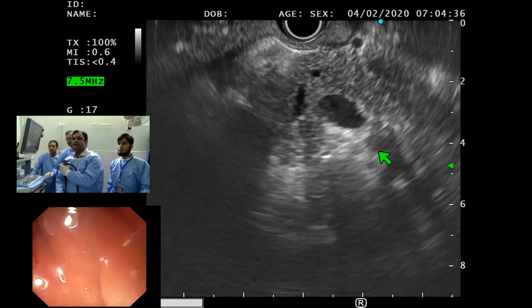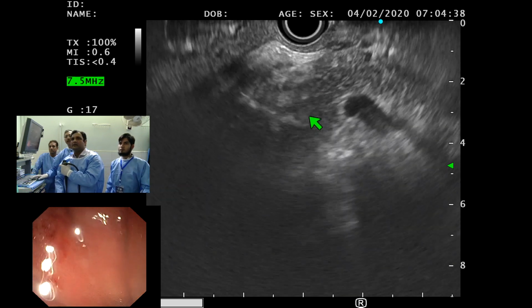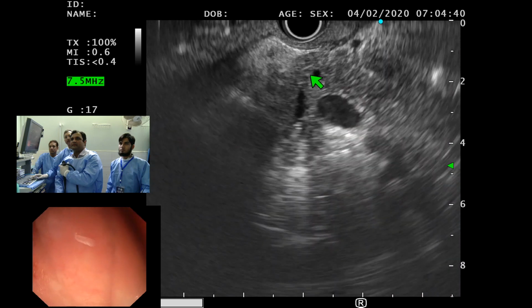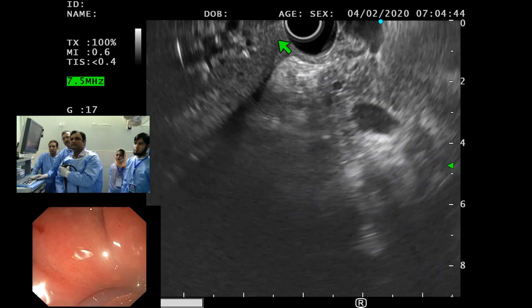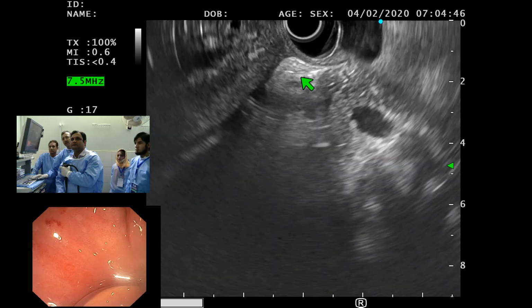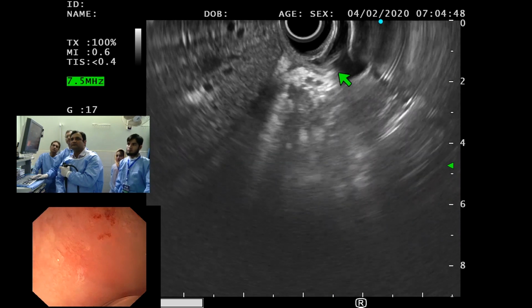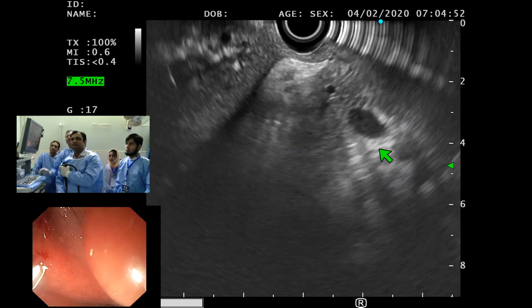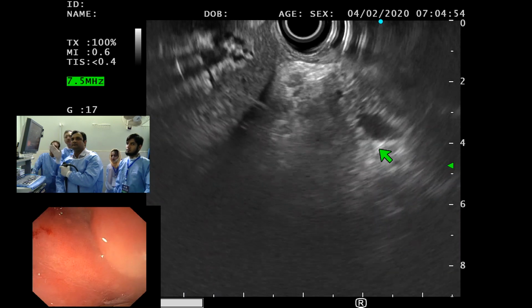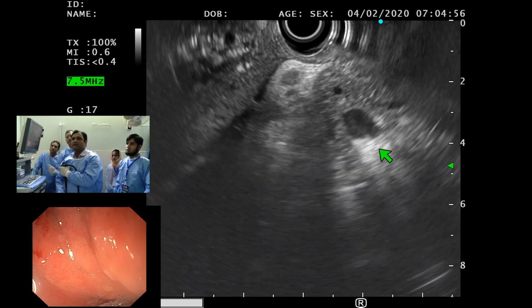Now this is the PD. We are back to the same place, but we want to see the stent and CBD coming from this direction down here. Outline the stent, go a little to this side and then lift.